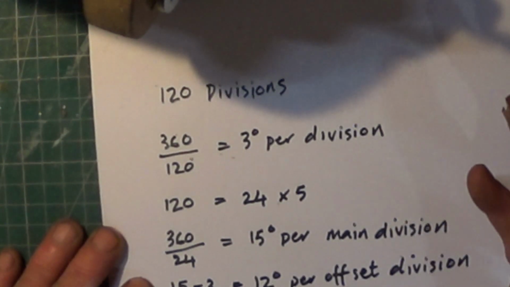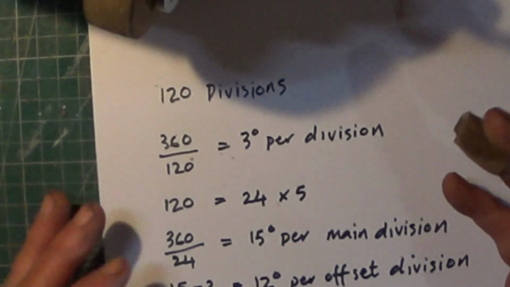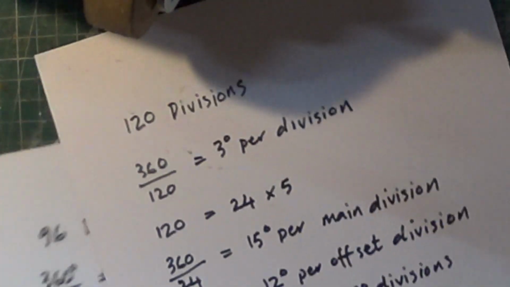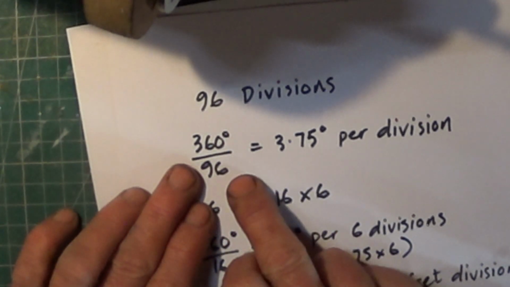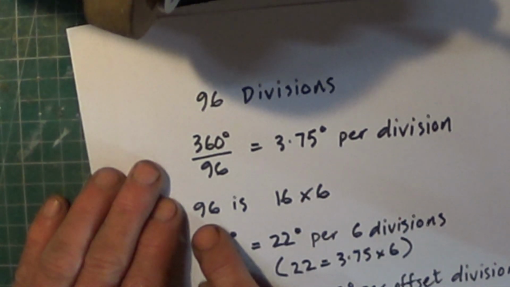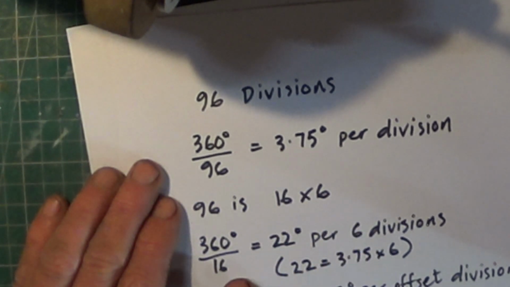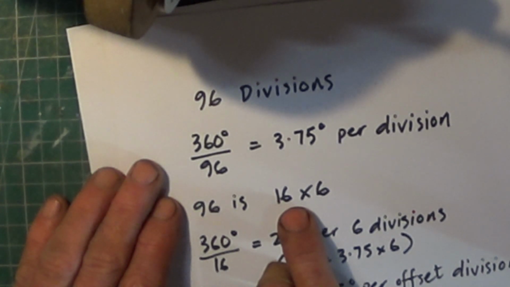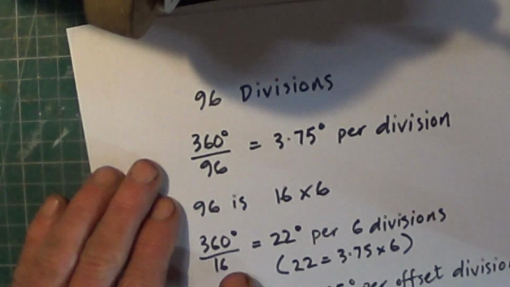because 360 degrees is great if you want something that is divisible into 360 degrees. But let's say I wanted 96 divisions, which is common for gem cutting. 360 over 96 gives me 3.75 degrees per division. Now 96 is 16 times 6, so I can have a 16 division moving plate and a 6 division fixed plate,